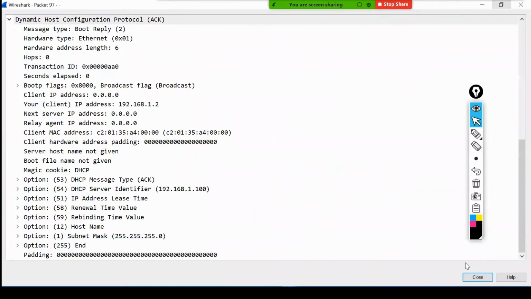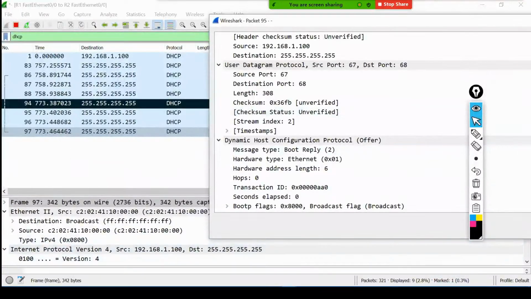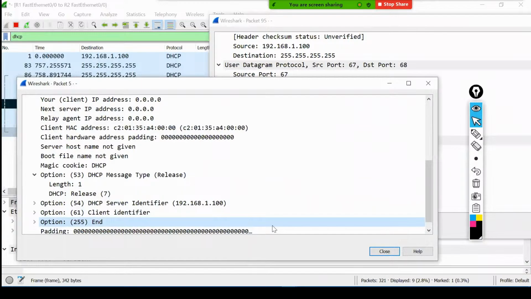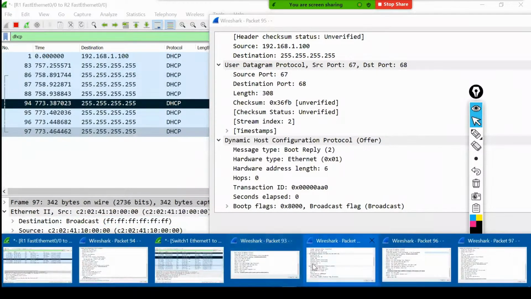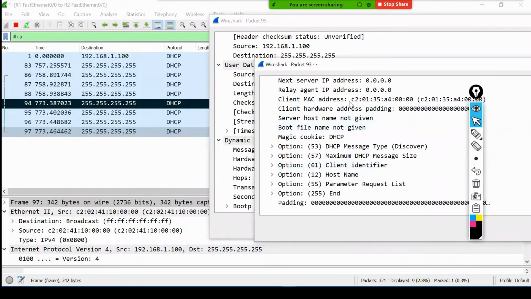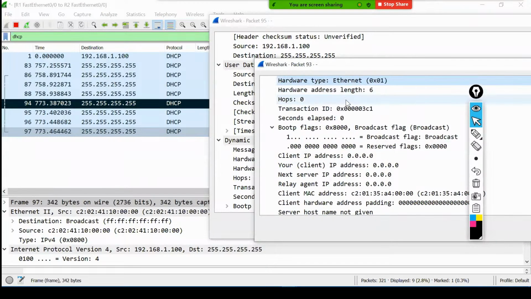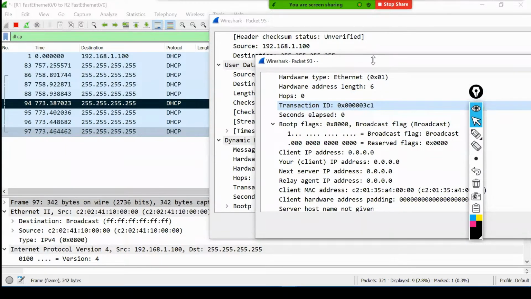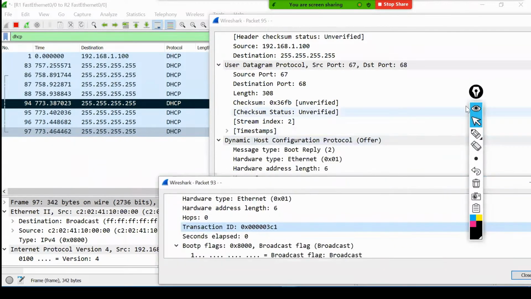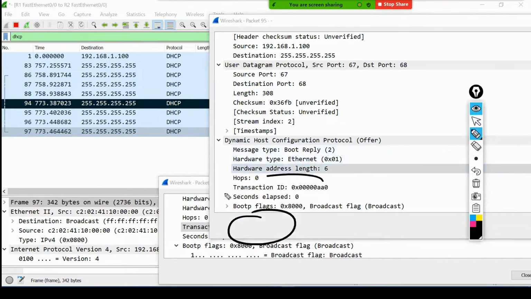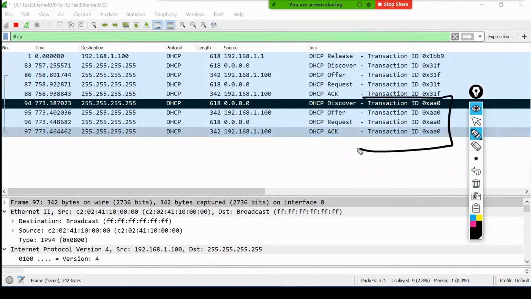Then after that, we have the discover packet. All of these, from offer to discover, have the same transaction ID. Every single one has the same transaction ID.